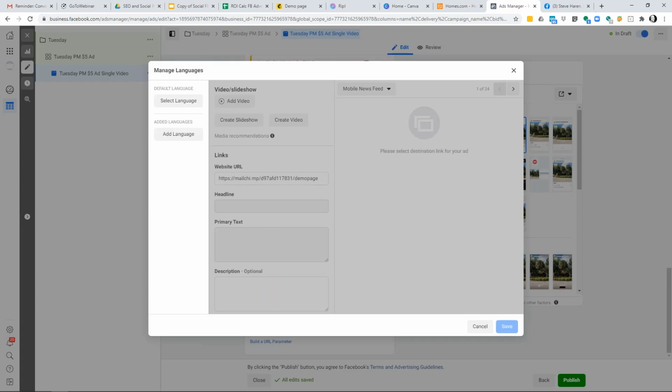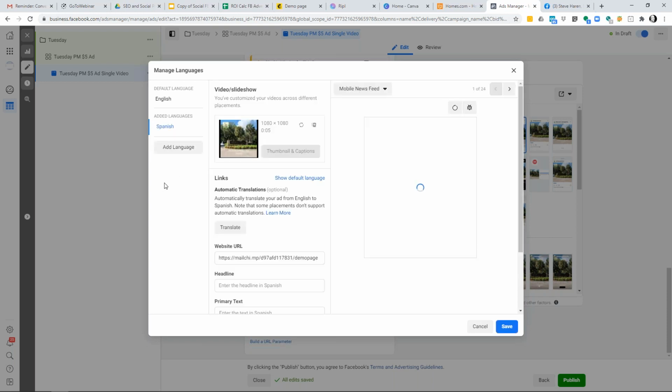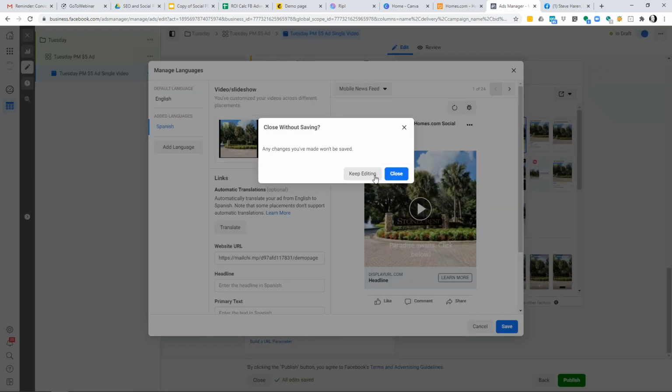And then languages. This is where you can select your default language, and then once you've selected a default language, you can add others. So if I went with English as my default, then I can actually click here and I can add up to 10 other languages. And what it'll do is show me those in the different languages. You can actually make sure that they're built properly, put together the right way, and that everything is right. Because when you try to rely on the